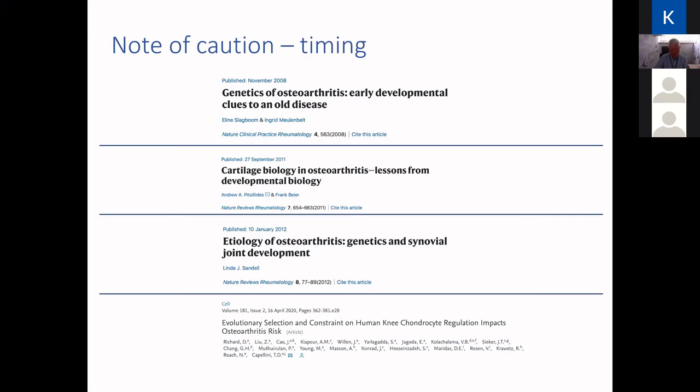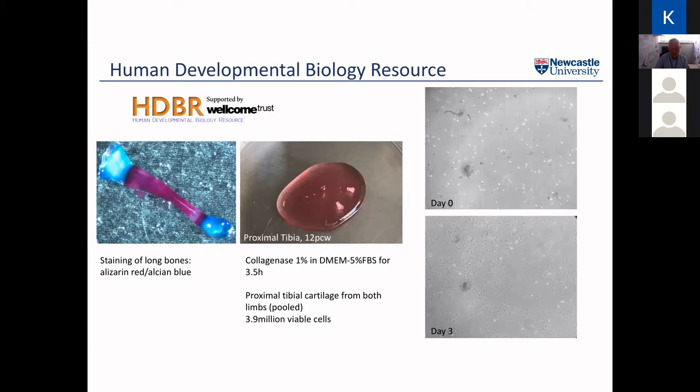So what that opens us up to is the need to seriously think about when these genetic effects are operating. So when we're identifying differentially methylated regions, effects on gene expression, when does that actually come about? And what we've been doing in the group is working with the Human Developmental Biology Resource, which is a Wellcome-funded, an MRC-funded study based in Newcastle and also in London. And we've been accessing tissue specimens from fetal samples. So we've been able to access cartilage from these fetal samples. And then we've been able to isolate cells, isolate nucleic acids.